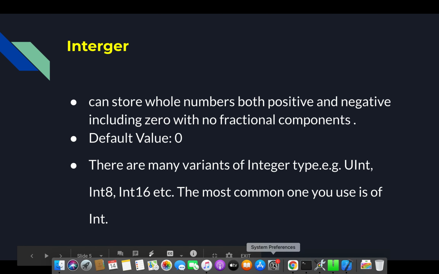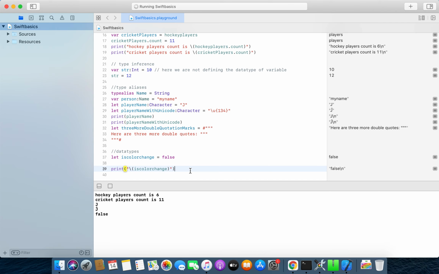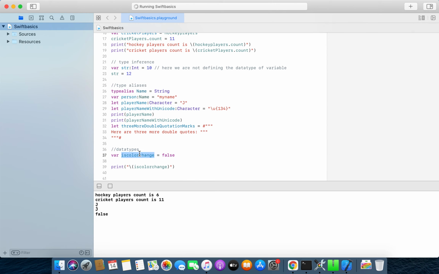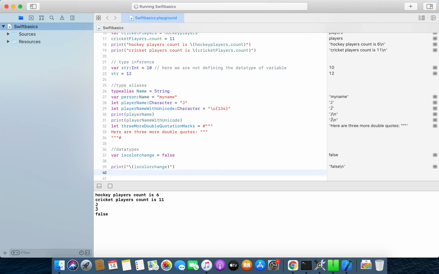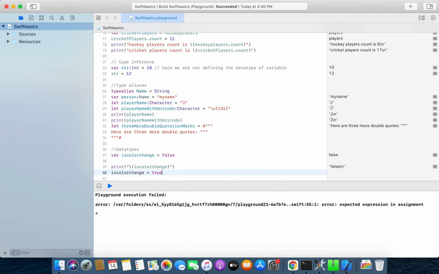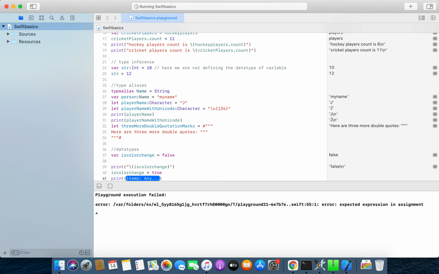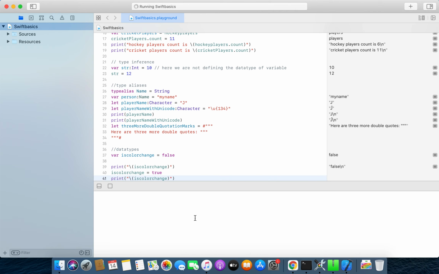Let us create an integer data type. I have created a let here. I can create a var variable like this, and I can change the value equal to true, and again I need to print this value like this, and here I will get a true value.